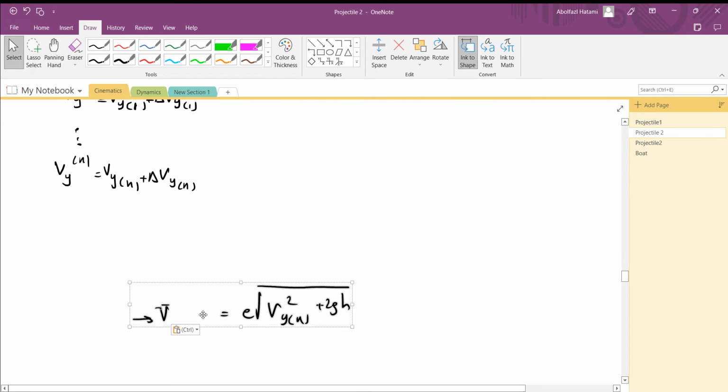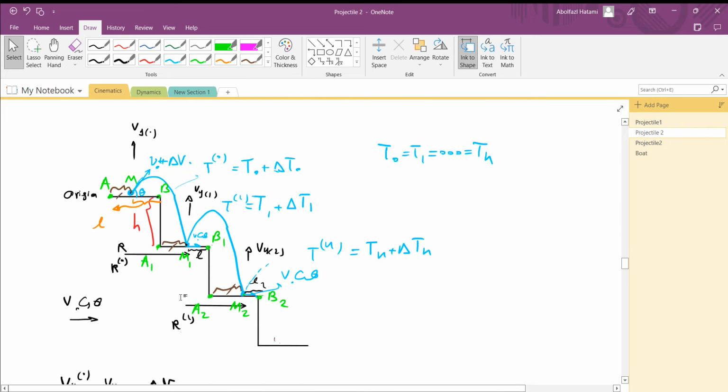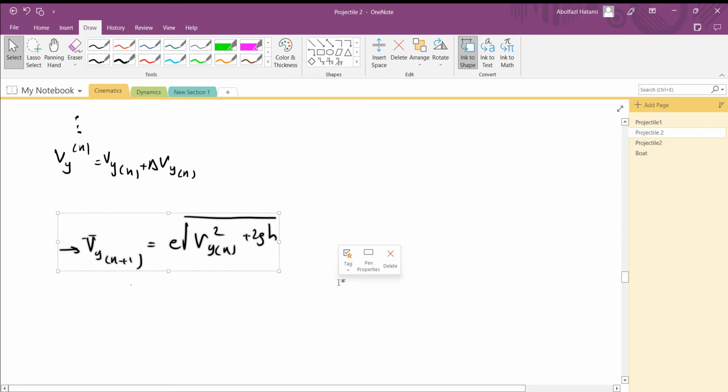We said here that vy(n+1) is going to be something like e times the radical of vyn square plus 2gh. It doesn't matter what vyn is. We obtained this formula from the